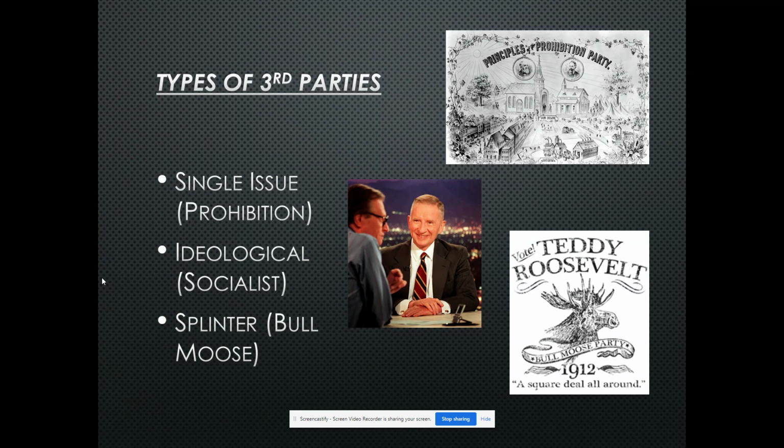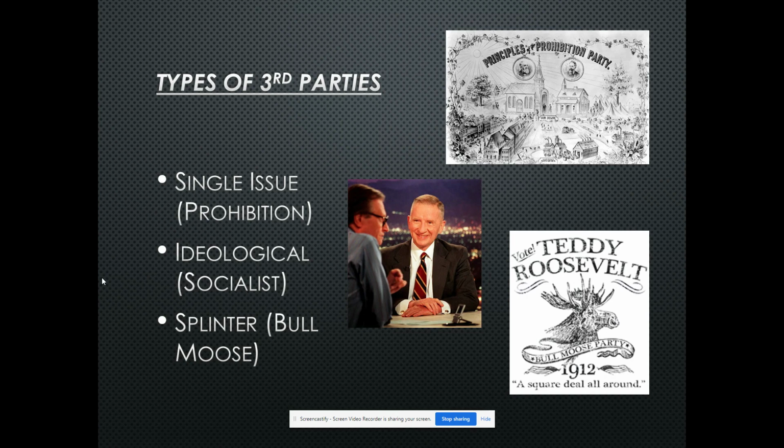So, Teddy Roosevelt, very upset about it, splinters off, forms his own party in 1912, and that was known as the Bull Moose Party. And so we've seen those throughout history as dissatisfied groups. Generally, they aren't successful. In fact, usually what they do is just split up the vote between their new party and the party they used to belong to and allow the opposition to win.